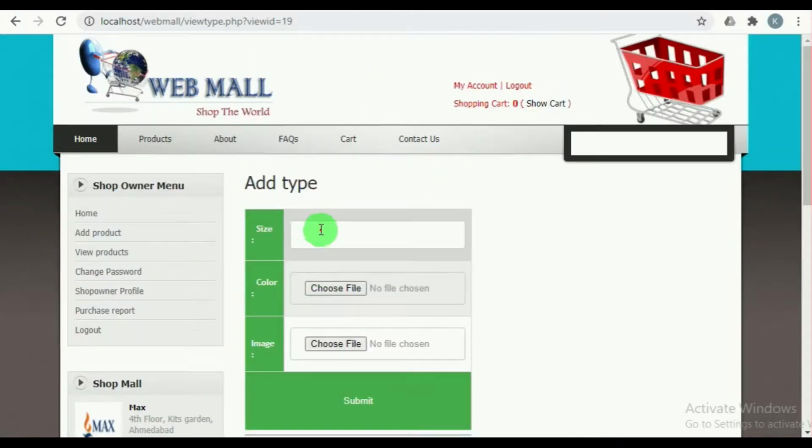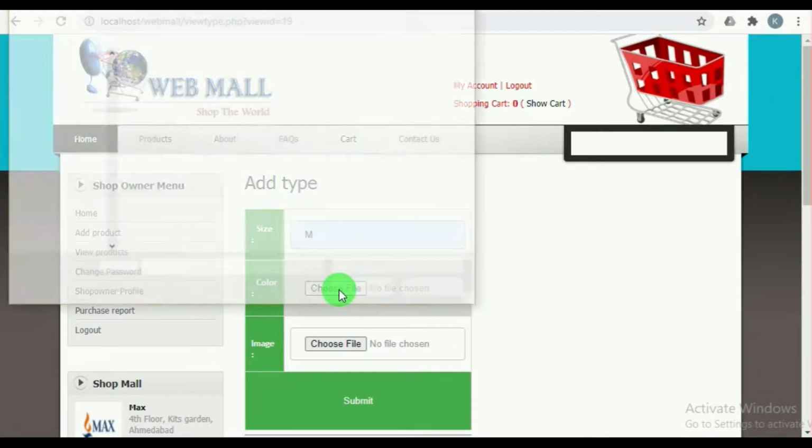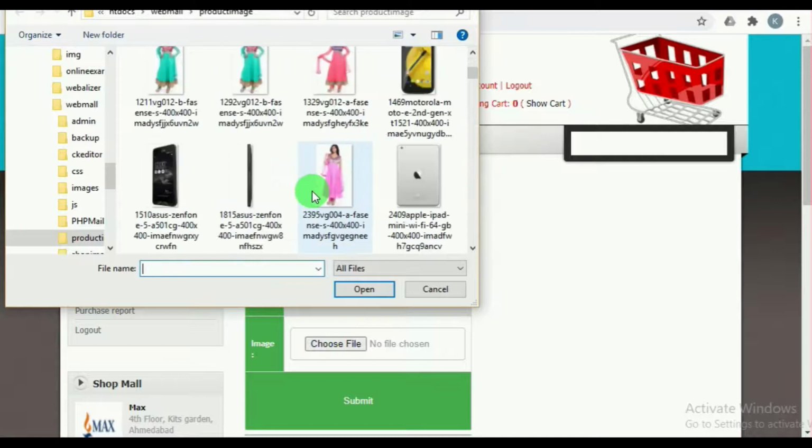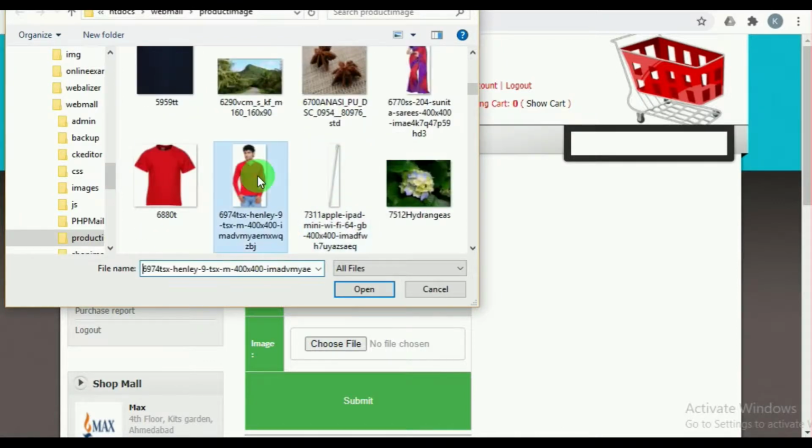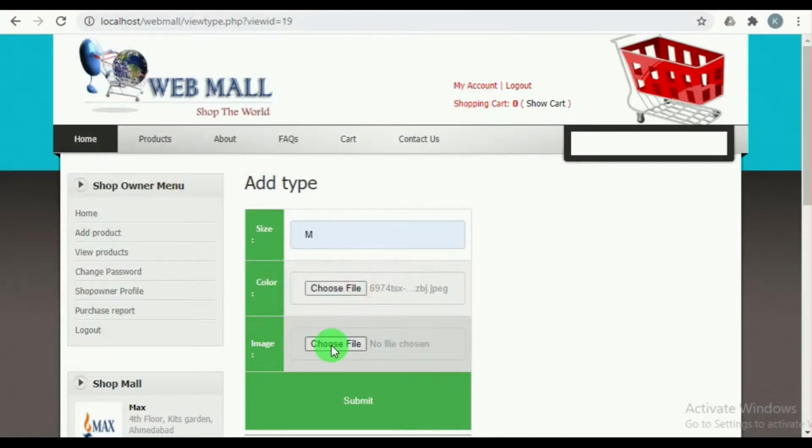If the product is in different sizes or different colors, then the shop owner can add more than one image for that particular product.